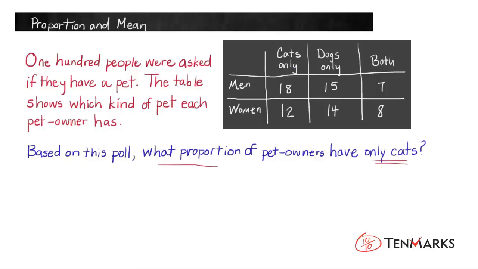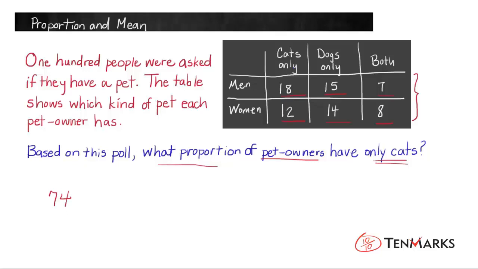And the thing to pay attention to here is that you're not being asked what proportion of the people polled have only cats. Instead, you're being asked what proportion of the pet owners. So the first thing you need to do is find out how many pet owners there are out of the 100 people polled. And you can do that by adding all of these numbers. When you add 18, 15, and 7, 12, 14, and 8, you're going to get 74 pet owners